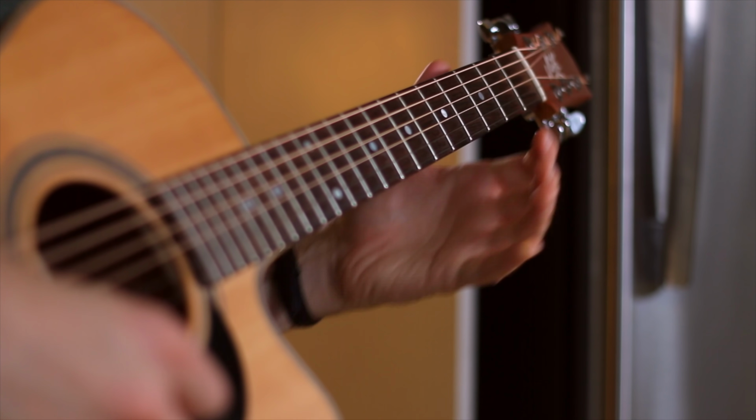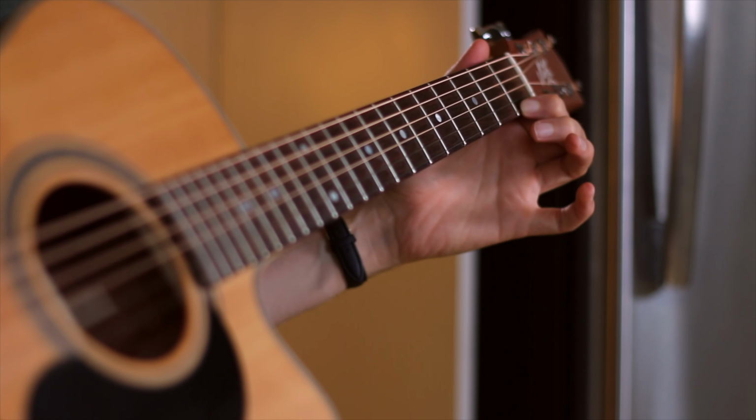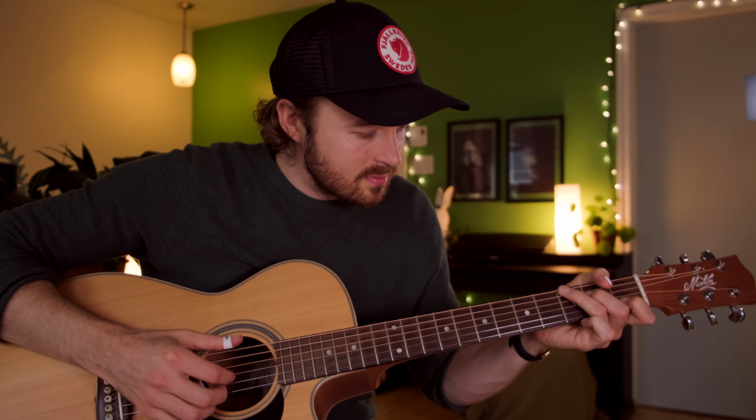So what's going on here is we're playing the melody on the high strings, and on the low strings we're playing an accompanying bass pattern that goes like this. And when you put those together you get